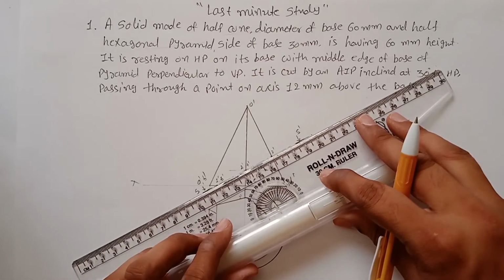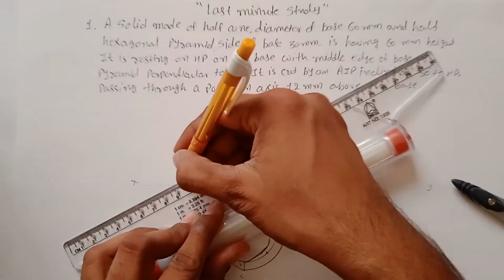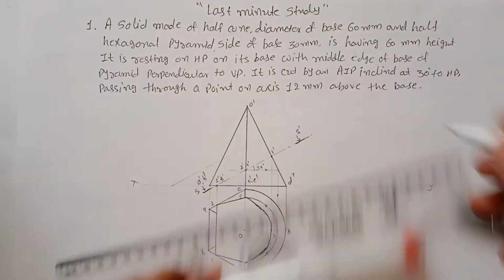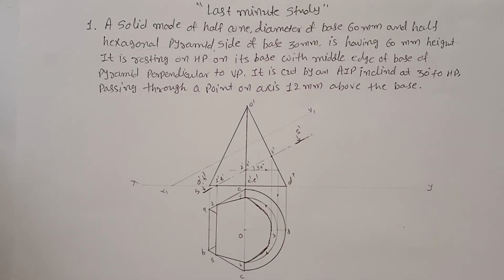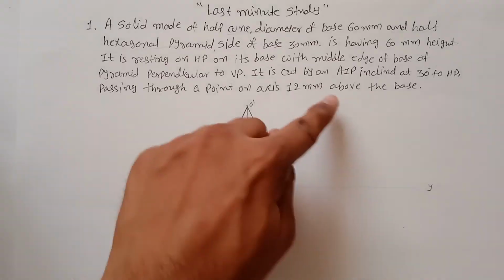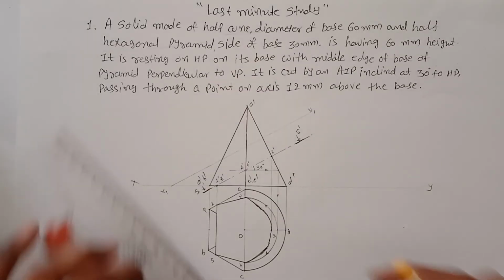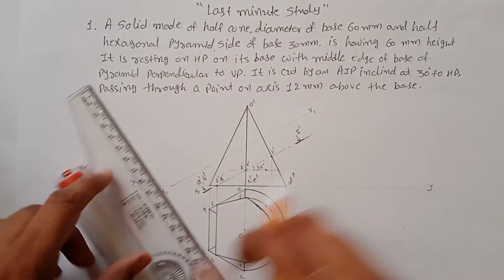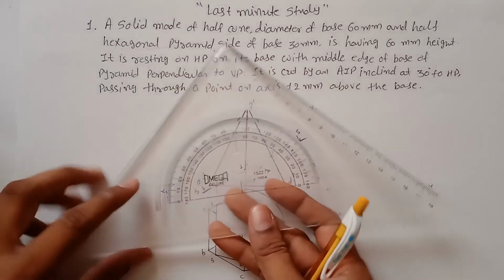Actually, you have to draw a parallel line from this to draw the true shape. So this is your X1 Y1 line. You have to transfer all these points 1 to 5 by using this XY line. So before that, just draw perpendicular lines from each and every corner,